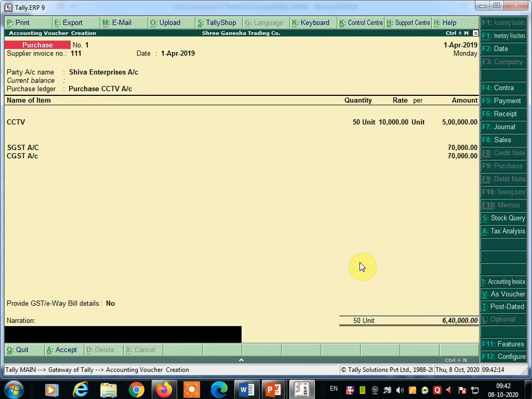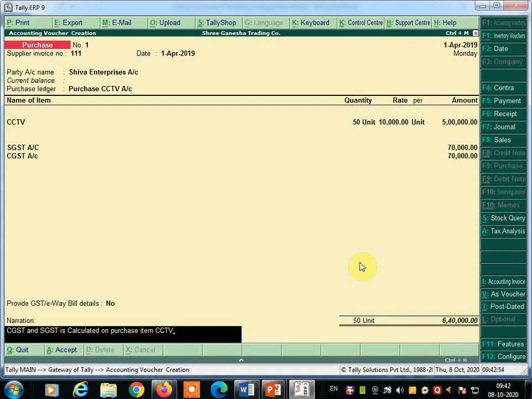And now you can write a narration. So tax, SGST and CGST calculated on the purchase CCTV account. Okay. So here you can write the narration: the CGST and SGST is calculated on purchase item CCTV.